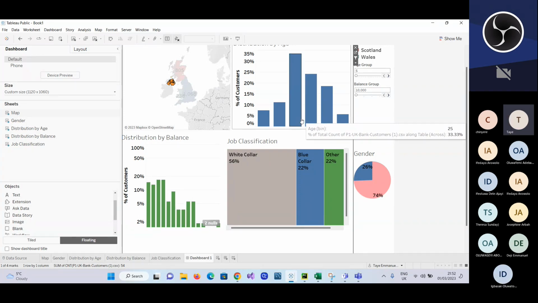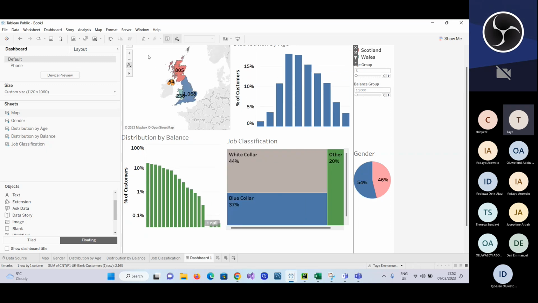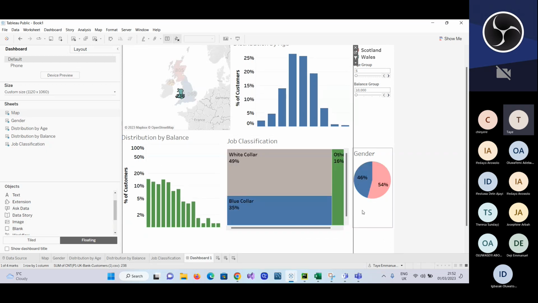So there are more younger people, of age 20 to 25, in Scotland. Yeah, and you can see if you want another state, you just click on the outside to go back to the numbers. You click on Wales, everything changes. So if I want to use multiple filters, you know that